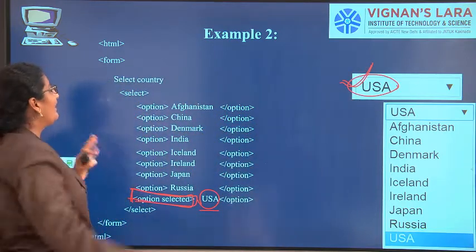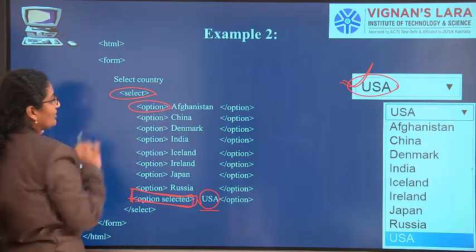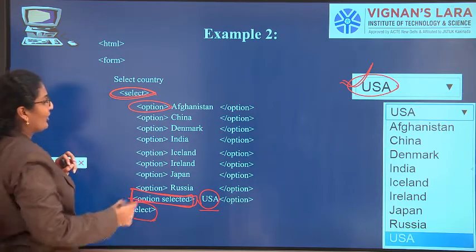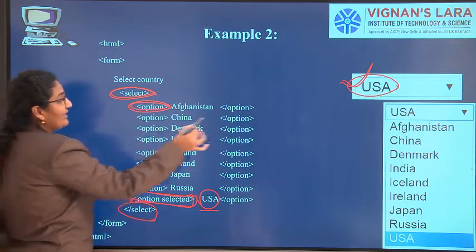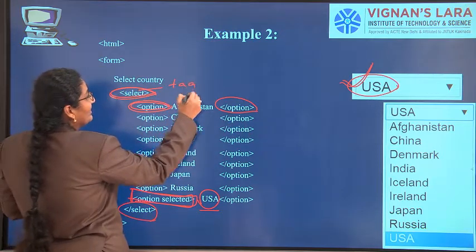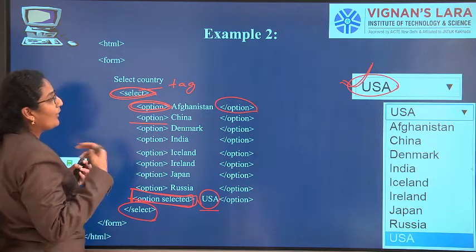So, very simple thing, we have two tags. One is the select tag, one is the option tag. If you open the select tag, you should close the select tag also. If you open the option tag, you should close the option tag also. The select tag is for creating the drop down list. The option tag is for giving options in that.